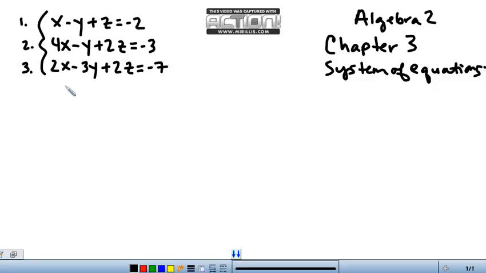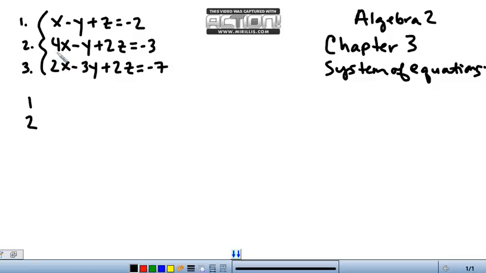What I'm doing now is searching to see which variable I want to cancel. I'm looking for a pattern. I see that I have a negative y, negative y. I can cancel my y's, it'd be pretty easy to do that, or I can also cancel my z's over here. So I think I'm going to go ahead and cancel my y's. I'm going to start with choosing equation 1 and 2,